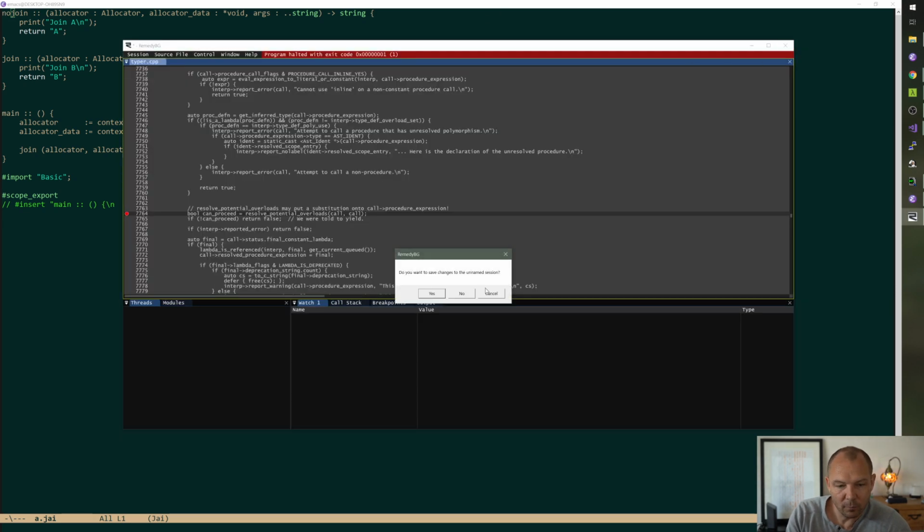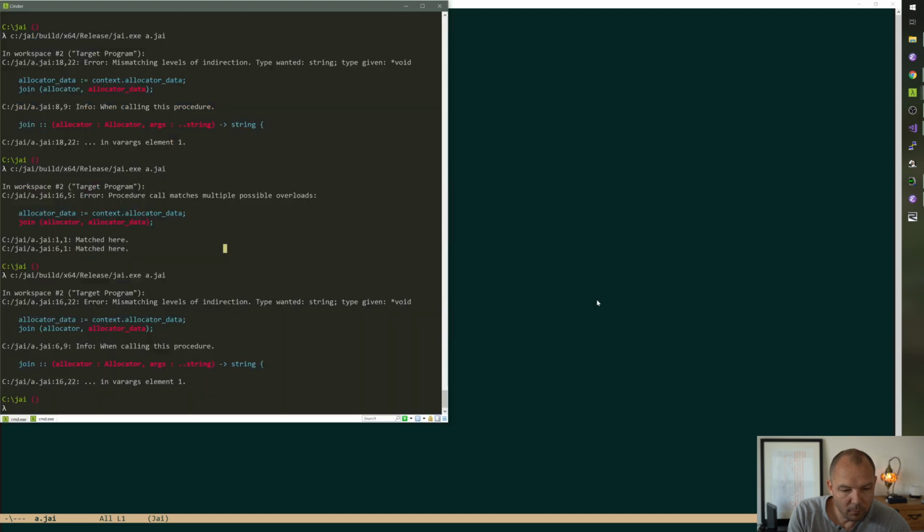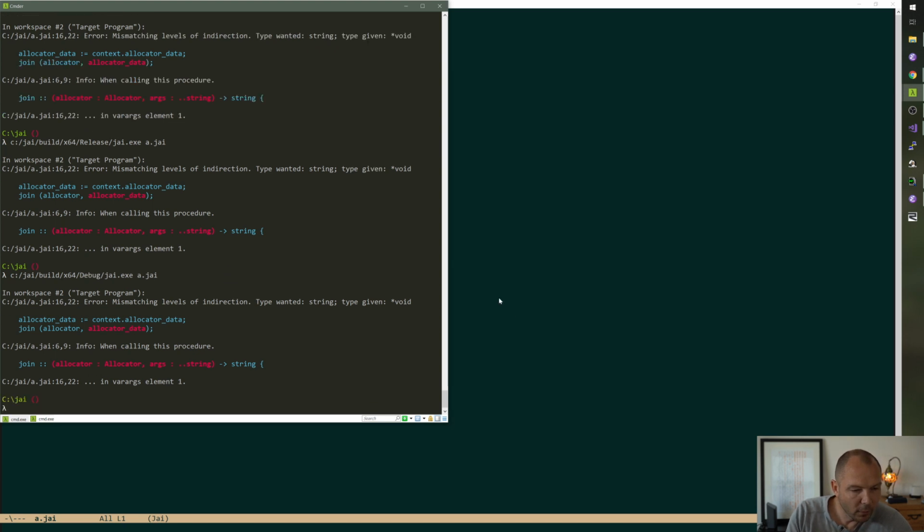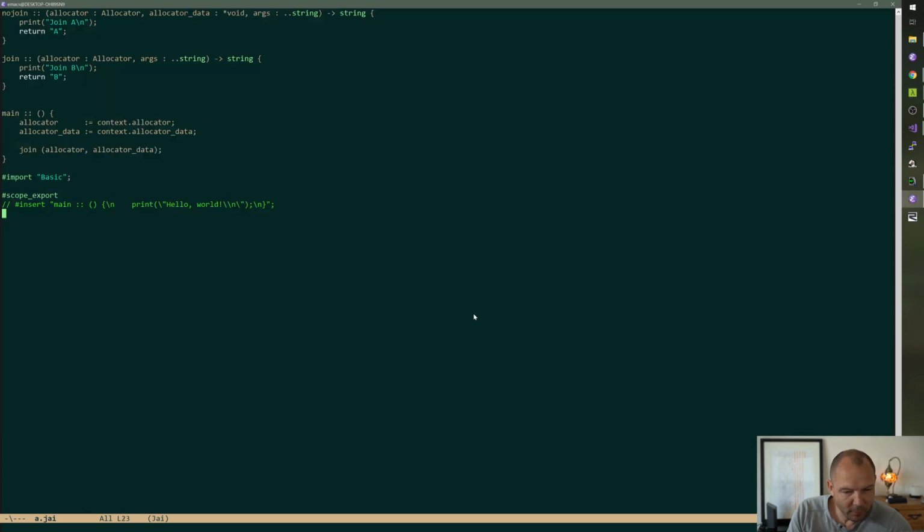It's not helping. When we did this, it knows what's going on. Let's make sure that even works in debug build, which is probably what we're about to run. Yeah. So mismatching levels of indirection, that is.